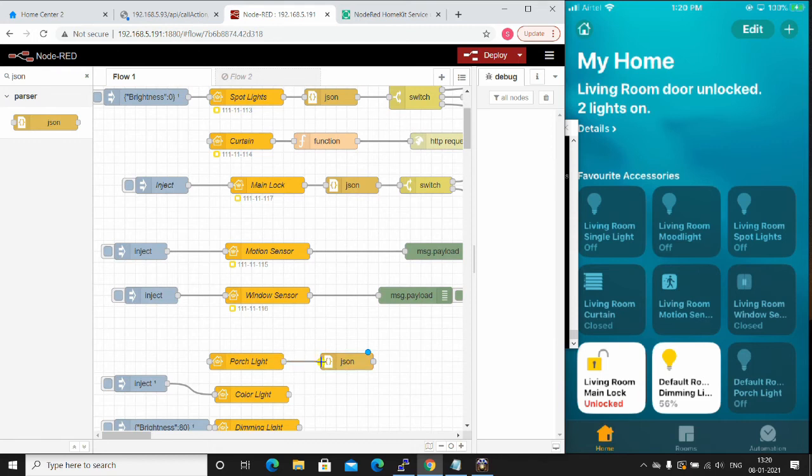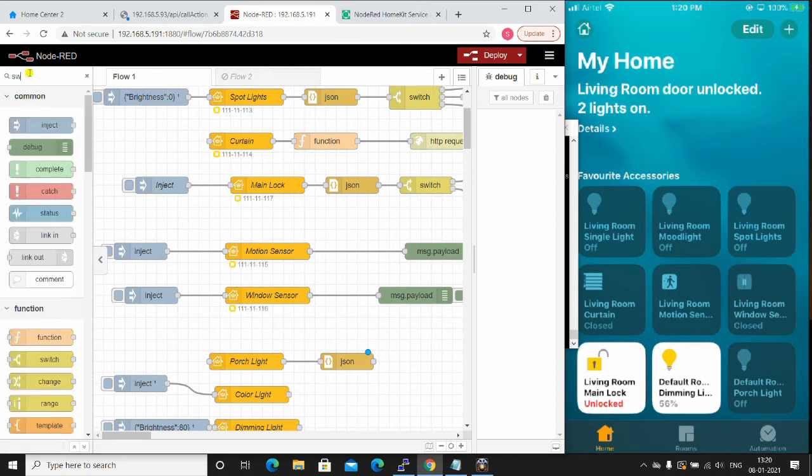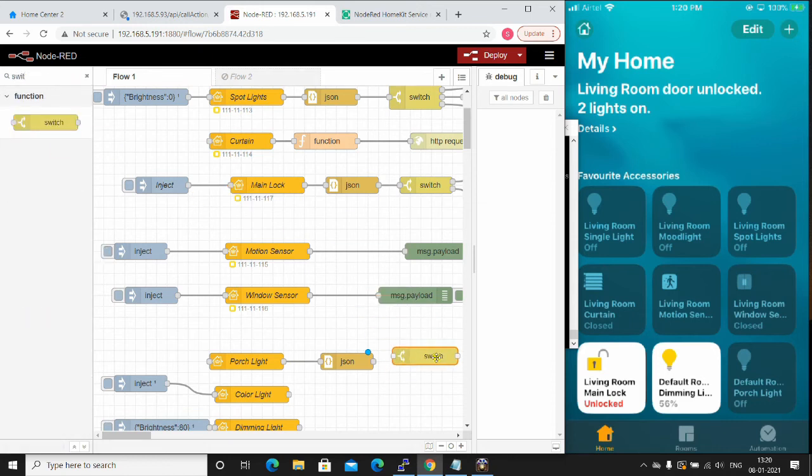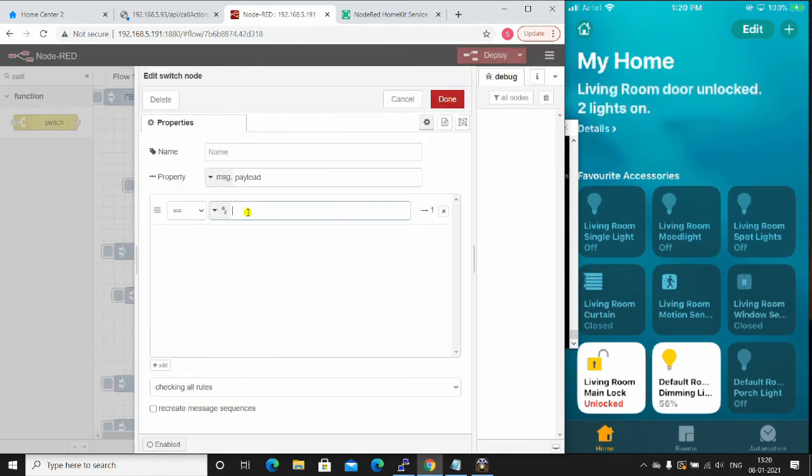So the next thing that we have to do is, it has come up on the interface on the home app like this. Next we have to connect it to our Fibaro system, for which we need these things to be done. For an on-off light, it comes up as a JSON object. The output of it is a JSON object, so we want to convert it into string. That's why I put in a JSON node, and then I want to compare it. If it is on, I need to do something, that is turn on the light. If it is off, I need to do something. So I'm using a switch node, and I'm comparing whether it is on true or on false.